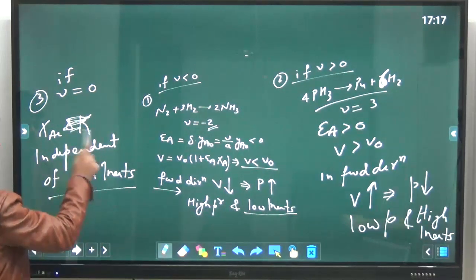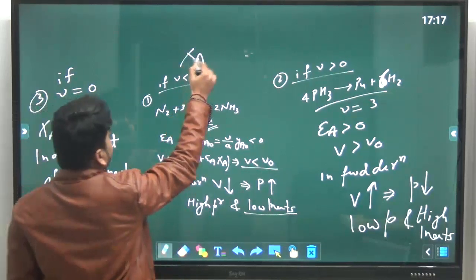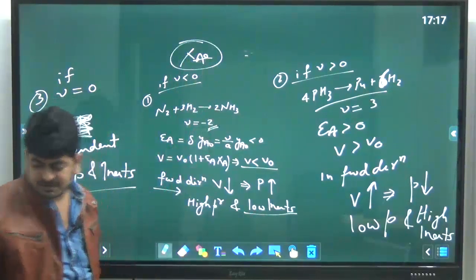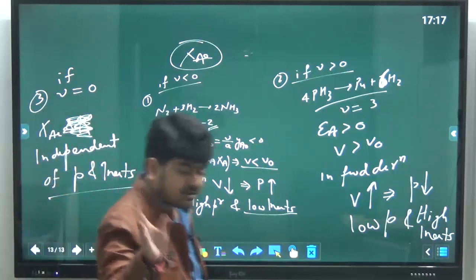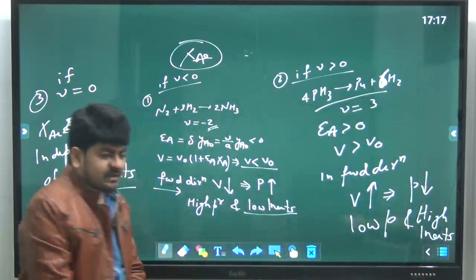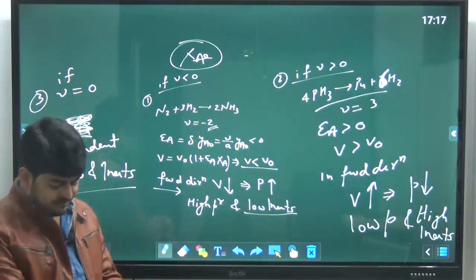K is there anyway, forget K, we are not talking about K here. We are talking about equilibrium conversion. For high equilibrium conversion, not for the constant, because the constant K is a function of temperature only, not of inerts and pressure. I hope this can help you to solve these kinds of questions and understand all this.